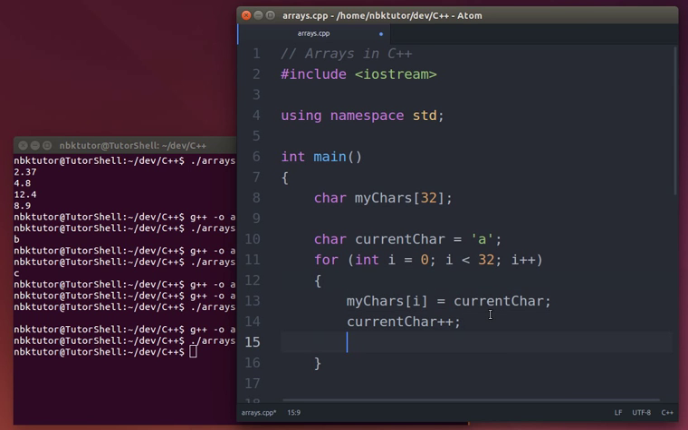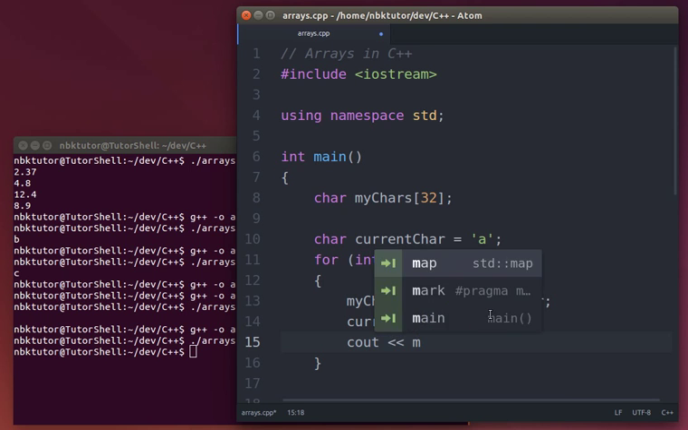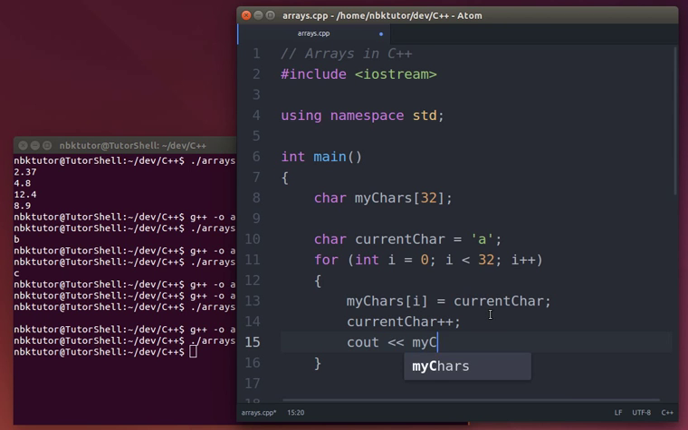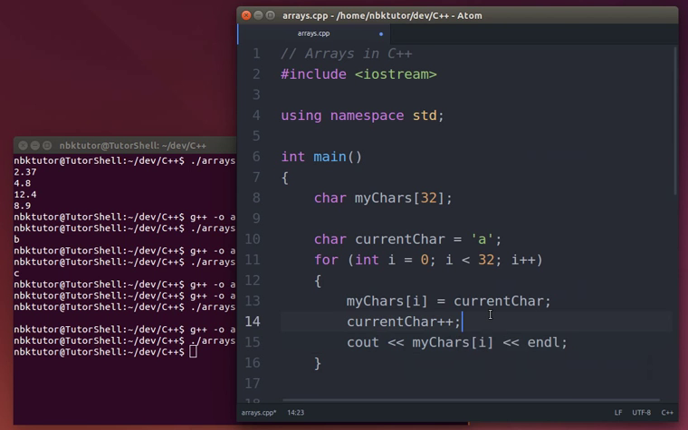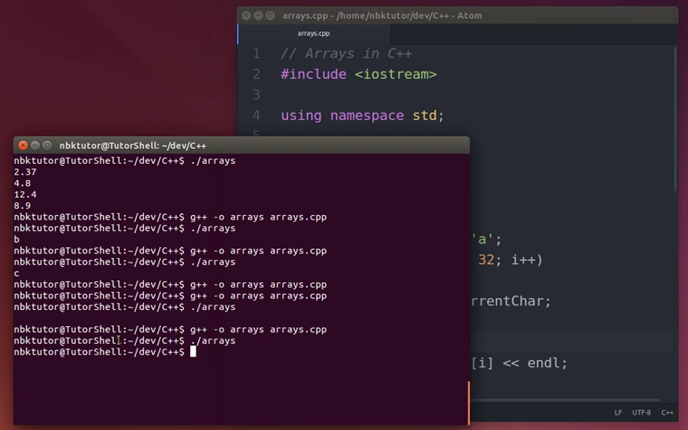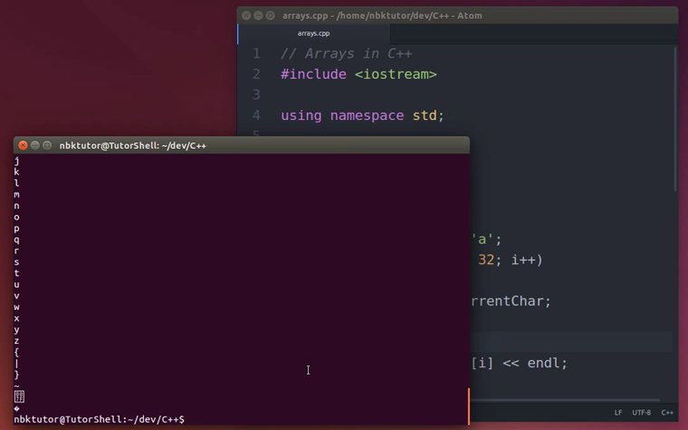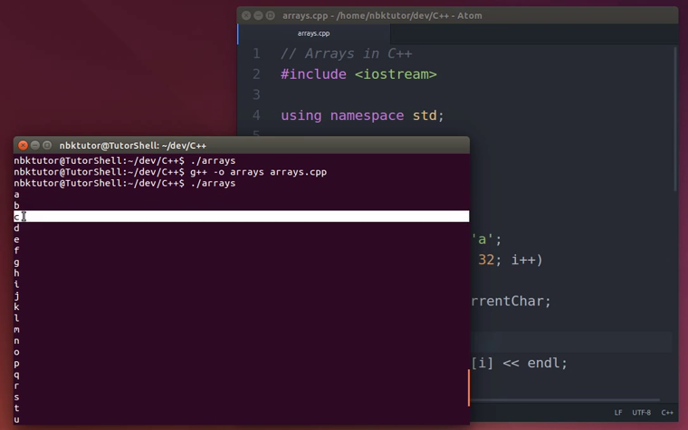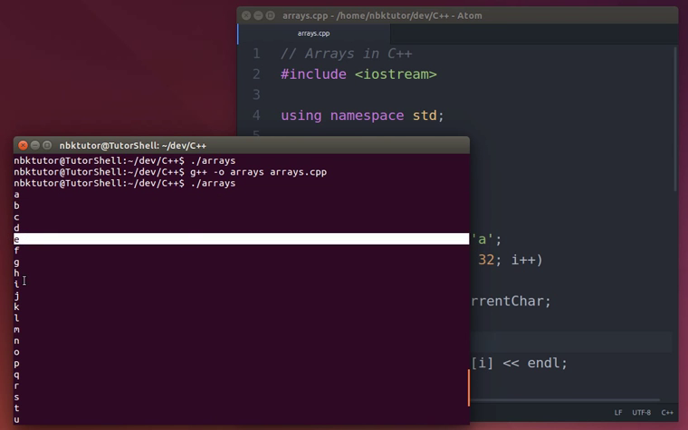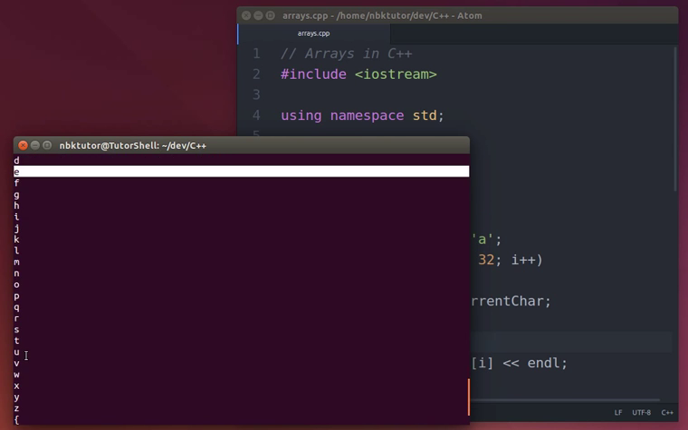Nothing, because it forgot to display it. Let's display it in each iteration, what the value of my char sub i is. Let's see what we got here. We got A, B, C, D, E, F, G, H, I, J, K, L, M, N, O, P,